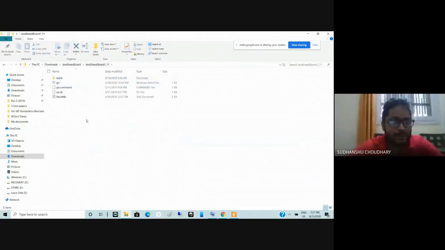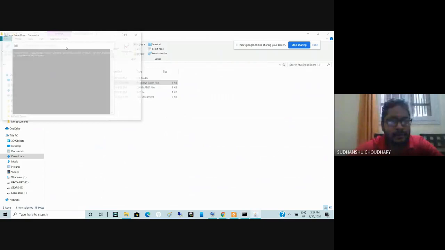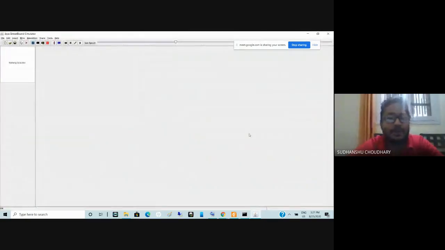This is in fact more complete software. So I click this exe file of this Java Breadboard. So this is a more complete software, where you don't have the limitations which are present on that IIT Bombay website. Here you can simulate any design. Yeah? So components are present. So the Java Breadboard simulator interface looks like this. So you can install this software. I will share the link for downloading the software.